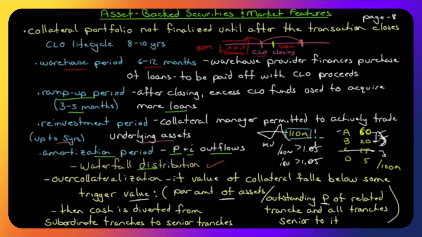Now, the collateral manager is under no pressure or obligation to sell any asset that has an unrealized loss in it. However, for the over-collateralization test, if you use market value instead of par value, you might have a better idea of the amount of credit risk that you actually have,